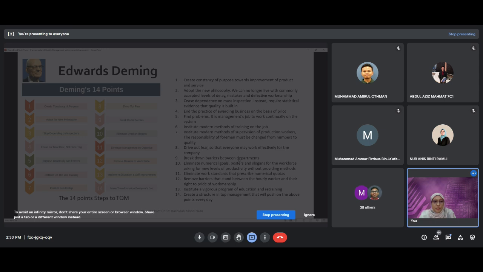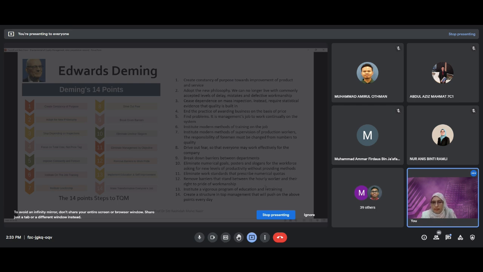Break down barriers between departments, eliminate numerical goals, posters and slogans for the workforce asking for new levels of productivity without providing methods. It means get rid of the slogans that want people to have a quality product, but do not mention how we can go about producing a quality product. Eliminate work standards that describe numerical quotas,